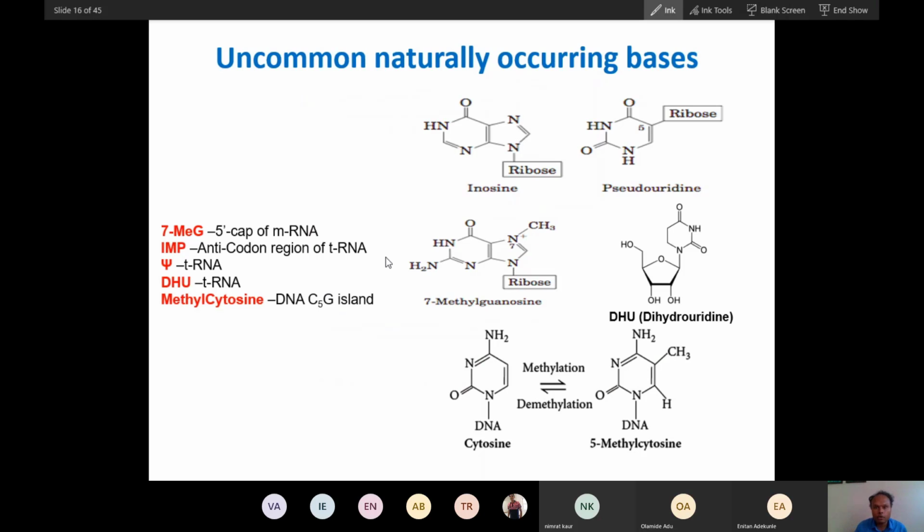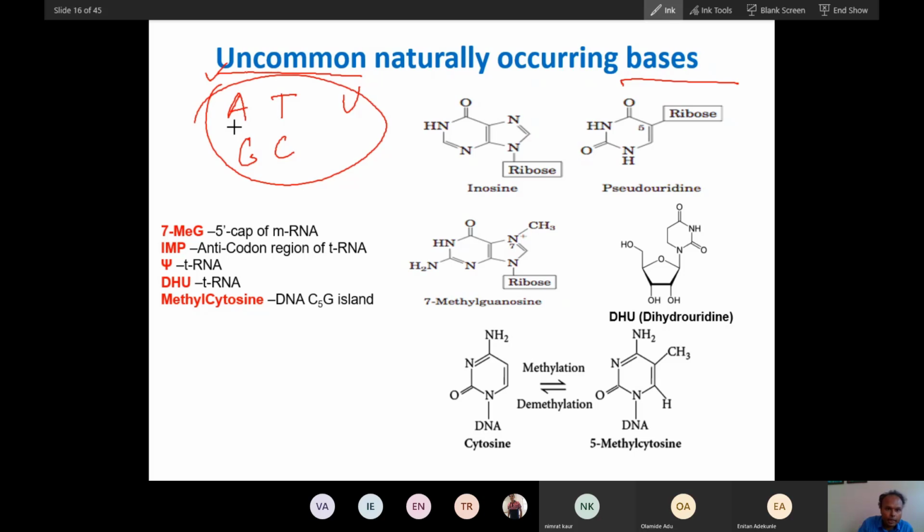Now, on commonly occurring naturally occurring bases. So we were on this. Last class we were on this. Whatever we talked about today was just a revision. So let's start from this. These are the bases that occur in our body that are very uncommon types of bases. They are different from what we studied: adenine, thymine, uracil, guanine, and cytosine. They are a little bit different from them.